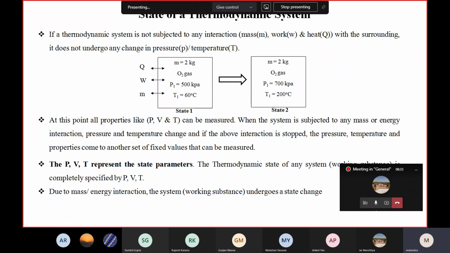Any state of a particular thermodynamic system should be represented by certain properties. So again, when the process is taking place, it is changing its state from state 1 to state 2, or state 2 to state 3. Again, we will be defining it with certain state parameters. Okay. So that is the reason